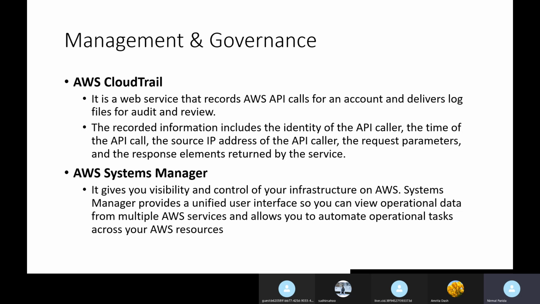For example, suppose you have thousands of EC2 instances running for your company, and your manager asks you to update security patches on every EC2 instance. Instead of going system by system, you can go to Systems Manager in one place, view all your virtual machines, and run an automated patch so that all the virtual machines update their patching or security updates.